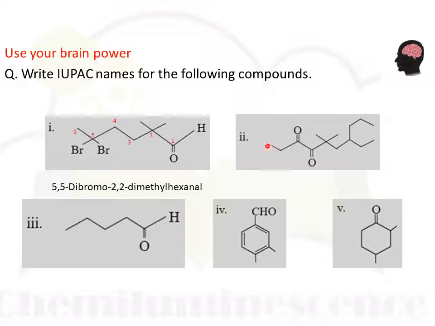So if we start from this carbon, it is 1, 2, 3, 4, 5, 6, 7, 8, 9, 10. If you consider this as the main or parent hydrocarbon chain, it includes 10 carbons. And if you consider this as the parent carbon chain, it contains 1, 2, 3, 4, 5, 6, 7, 8, 9, only 9 carbons. So we know that you have to select the longest hydrocarbon chain, and here the longest hydrocarbon chain contains 10 carbons. Then give a numbering to each carbon.